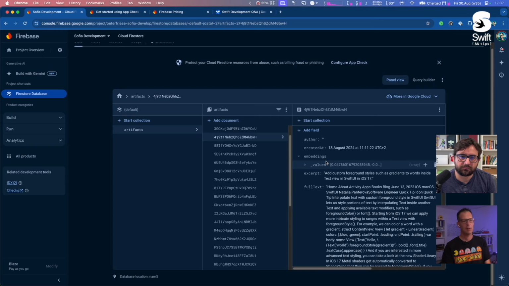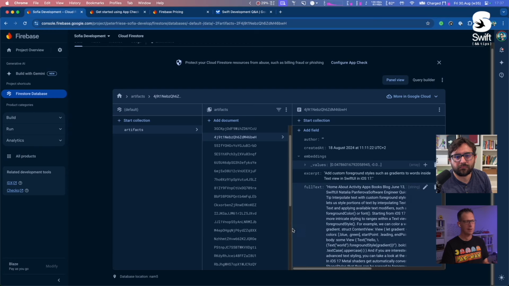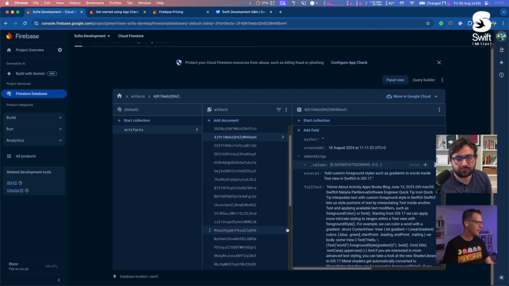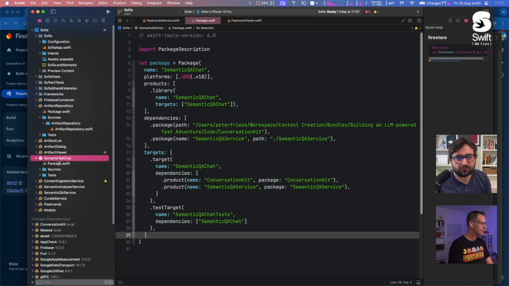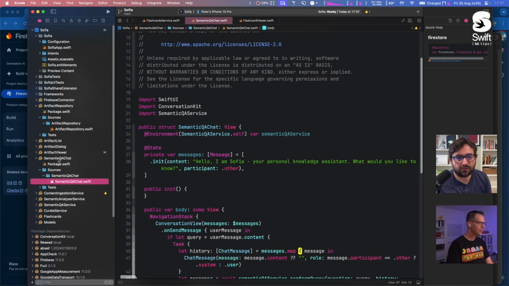Then it will tell the model, okay, you are an expert knowledge worker, answer the user's question based only on the context, and I will inject this piece of text in there. The model will answer just based on this context and the prompt, and I can show you how it looks. So if we go into semantic Q&A chat,